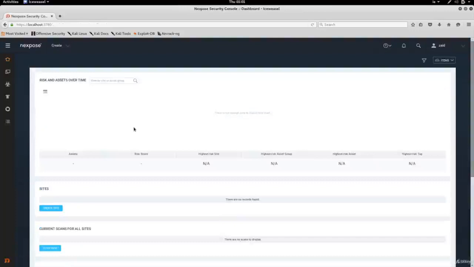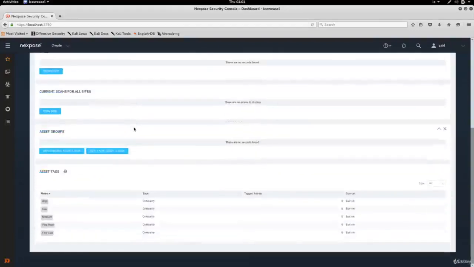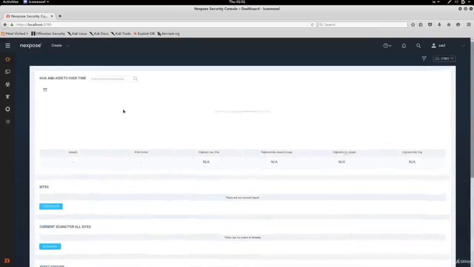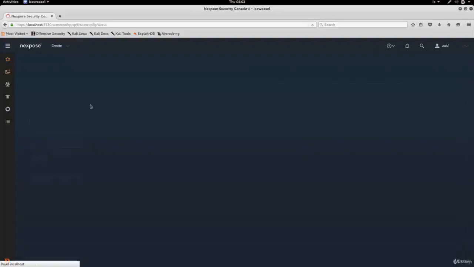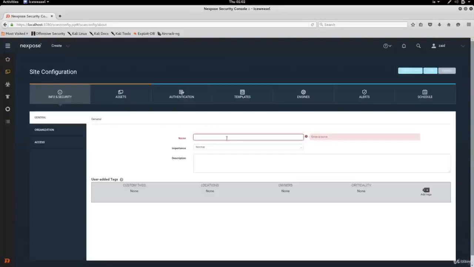So this is the home page of the tool, and as you can see now, everything is empty. So before I start talking about what everything means, let's go ahead and add a target, and then we'll do a test and we'll see, because this stuff will be filled after we do a test. So the first thing I'm going to do is go on create and go on a site to add a target, and I'm going to call this target Metasploitable,